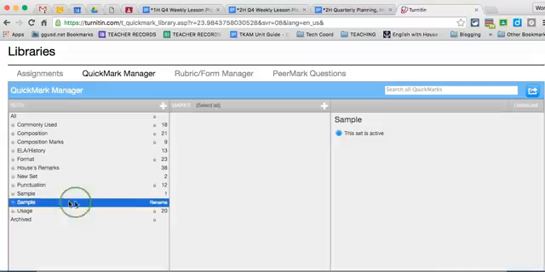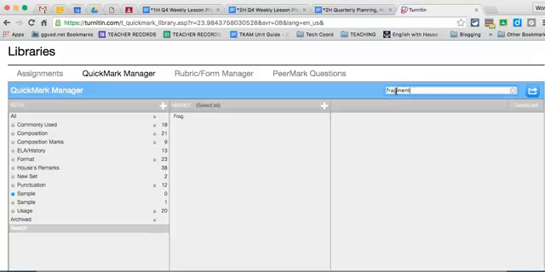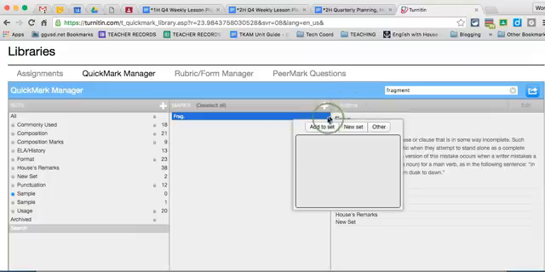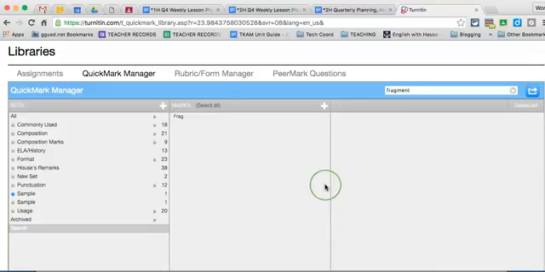Let's use this one. Alright, what I need to do next is I need to add quick marks into this. So I can just choose to type in something that I am assuming quick marks would have. So for example, fragment. Click enter. Oh look, there's fragment. It already has the whole description of what a fragment is. If that is something that I like and I want to add it to my new set that I'm creating, I go to Actions, Add to Set, and then I choose the set that I want to add it to. Now when I head over there,